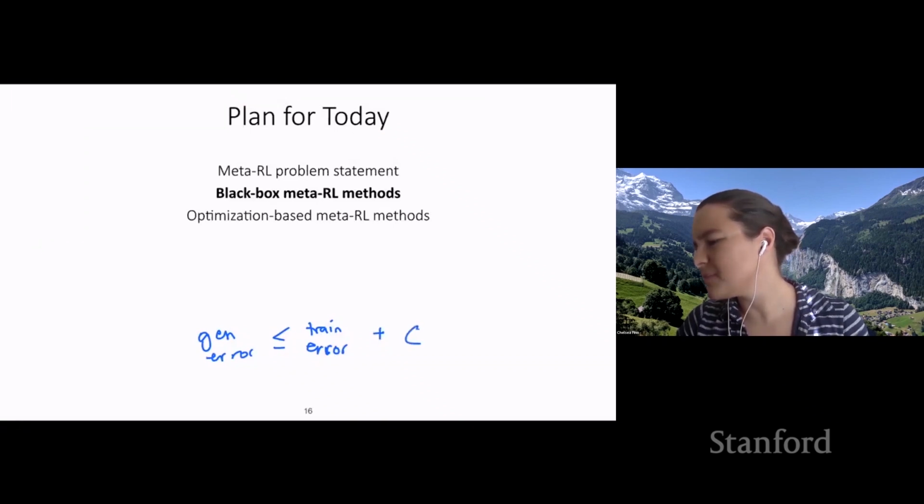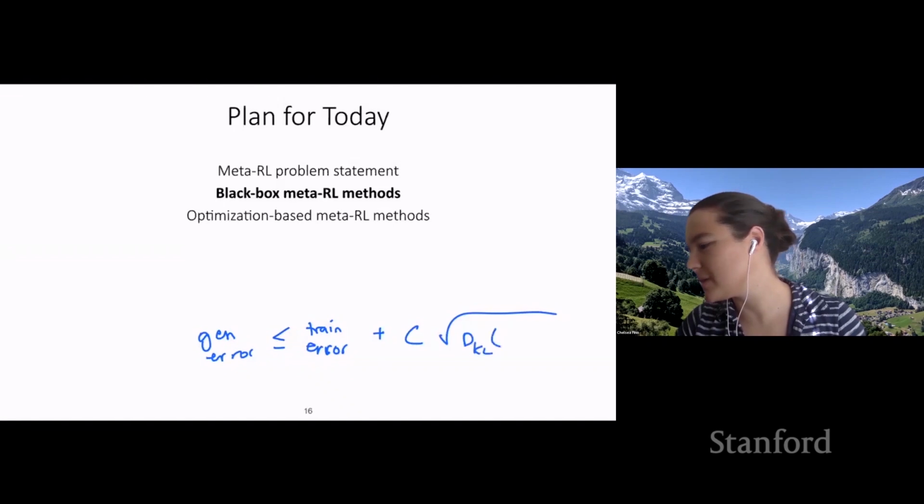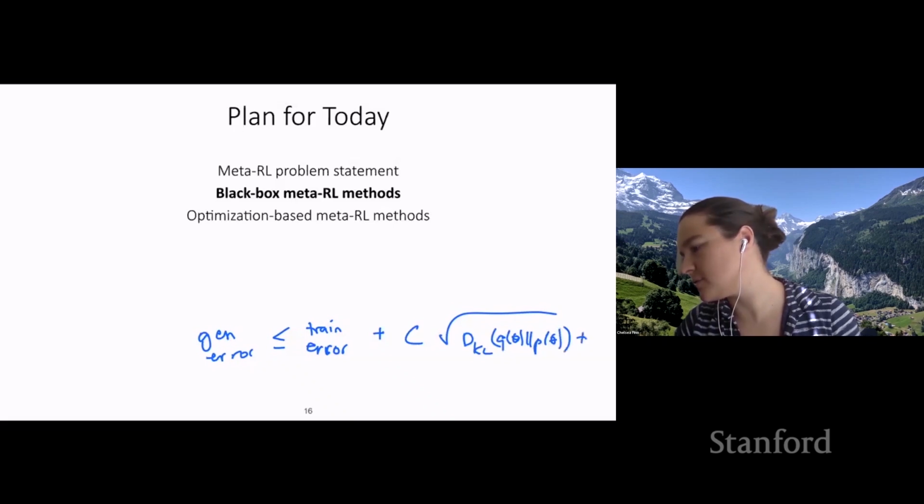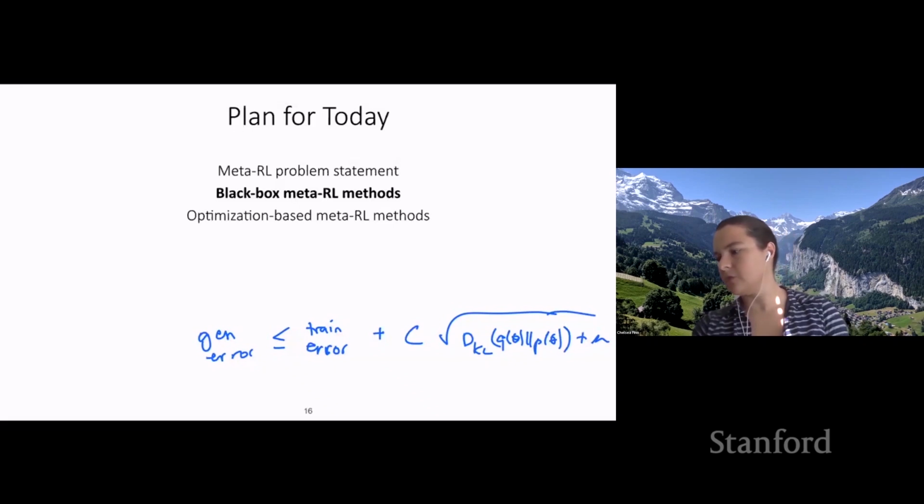Yeah, it's something like this. This is from memory, but something like Q of theta times P of theta, and then there's some other stuff over here. And you're basically saying that if this KL is